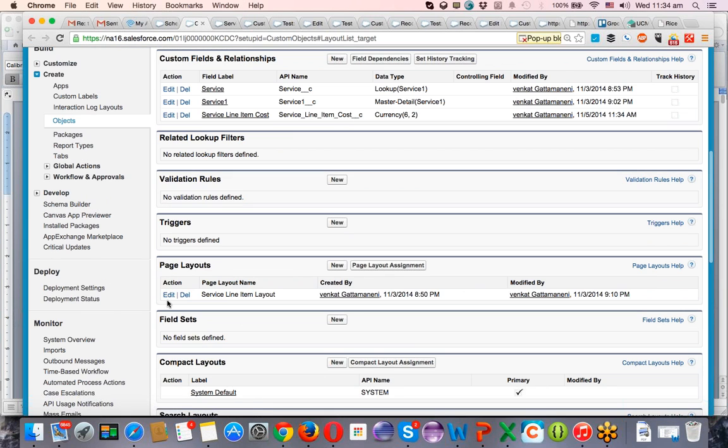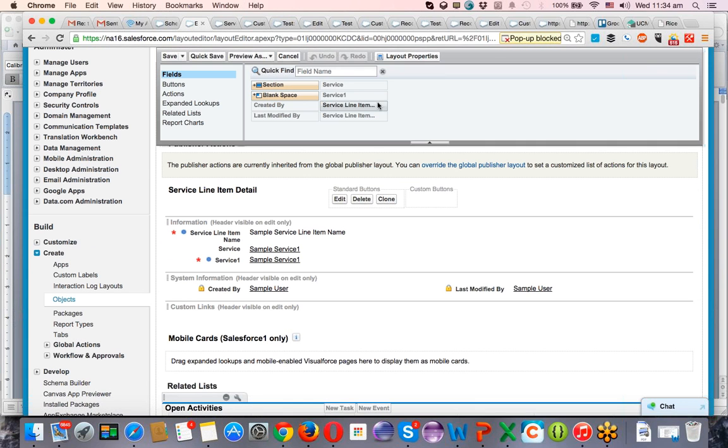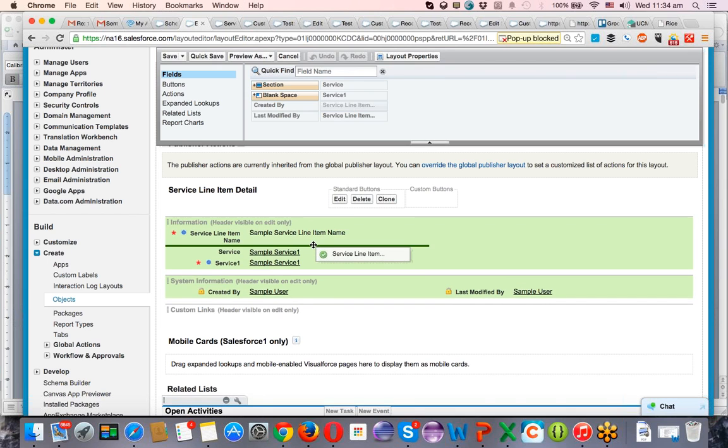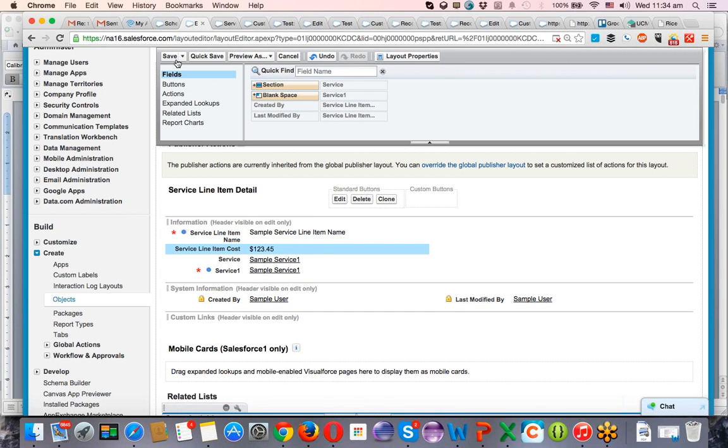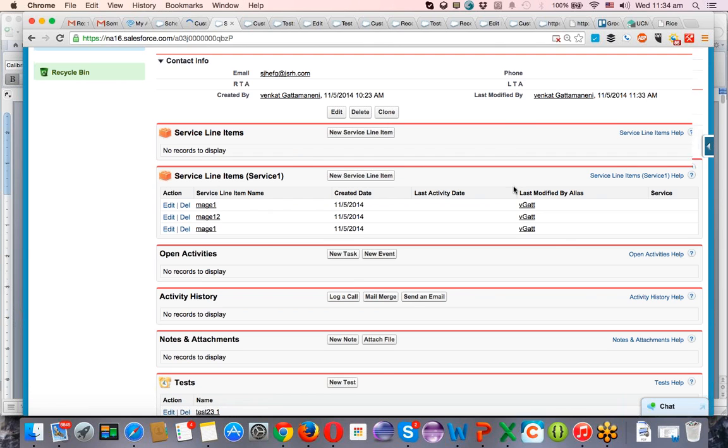and I have to click on edit, and I have to add the field to the layout to insert some values to that, so that I can run some max type of roll-up. That's the reason I'm doing this. Okay, click on save. Now go back to the